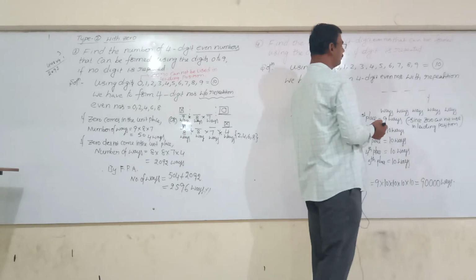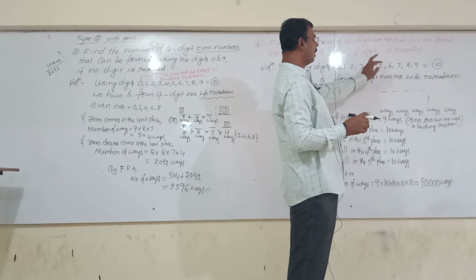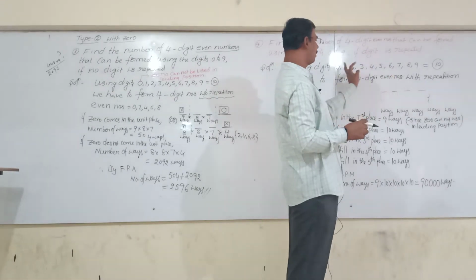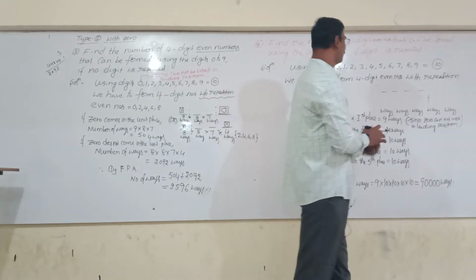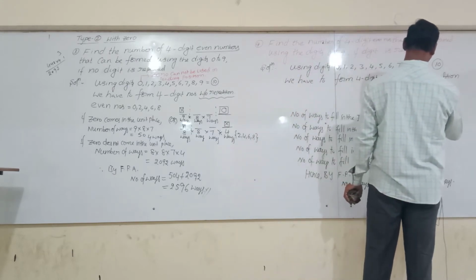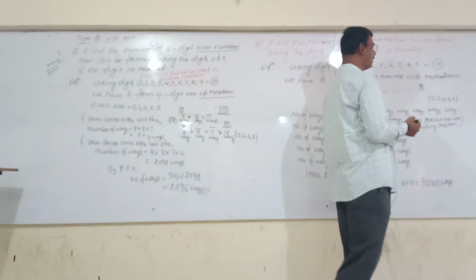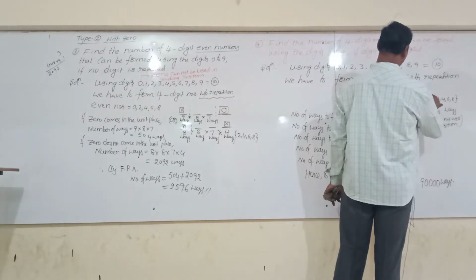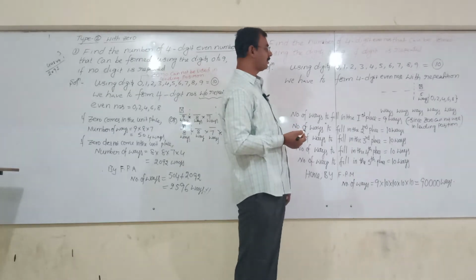How many ways can I fill this position? It must be an even number. First, which condition should come here? 0 cannot be used in the leading position, as that is not a 4-digit number. In the unit place we have to use 0, 2, 4, 6, 8. How many ways can I fill these 5 digits in this position? We fill it in 5 ways. Take a pause, having satisfied this condition.